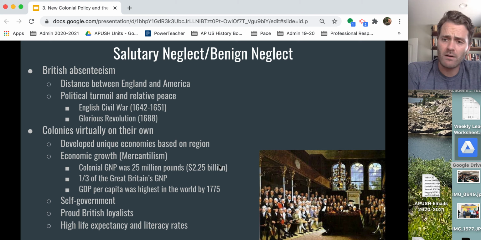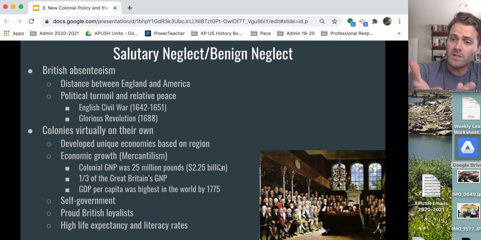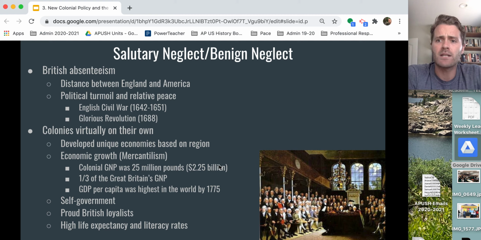Okay, so the colonies are left alone via this policy of salutary neglect, with of course the one exception that we discussed at great length last unit of mercantilism, right? Of regulatory control, not taxation, but regulatory control over how the colonists export and import goods. Okay, external regulation of what's happening economically as colonies are shipping things out or shipping things in. So the colonies are going to really be allowed to develop virtually on their own.